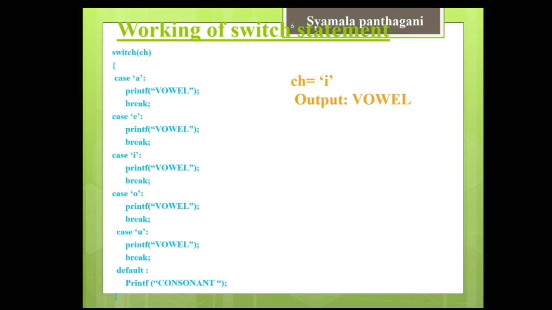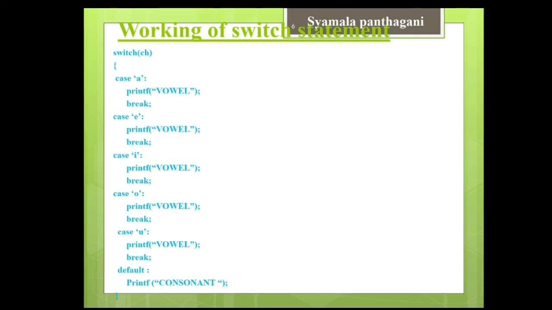Execute the body. In the body we have written vowel. That's why the compiler just prints vowel. After the statement we have a break statement. That's why the compiler just comes out of the switch statement. Did you understand, children? I would like to explain with another example, that is ch is equal to